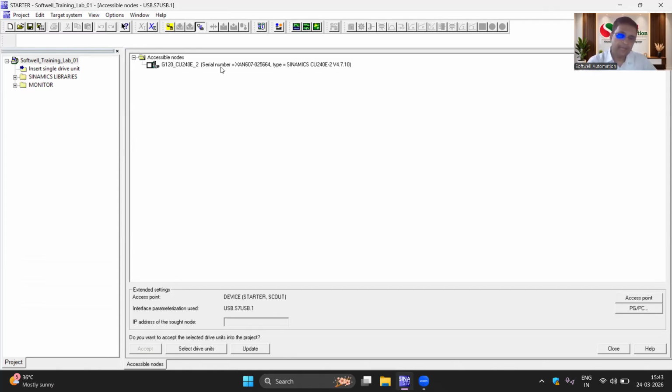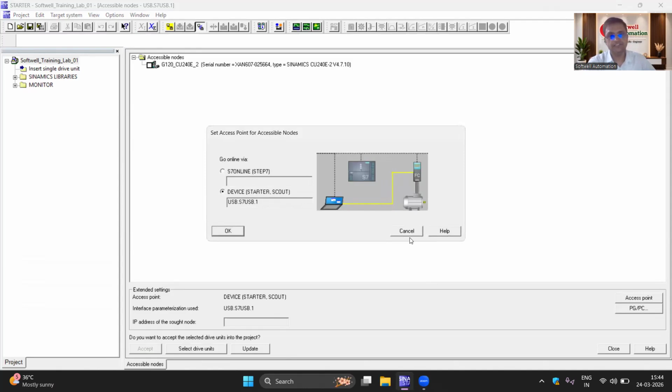Also, sometimes it is possible that the result does not appear successfully. For that case, first click your access point and confirm whether your path is as per your cable, okay or not okay. Suppose you are using a USB cable, in that case your laptop only searches one device, not the parallel PLC and VFD.